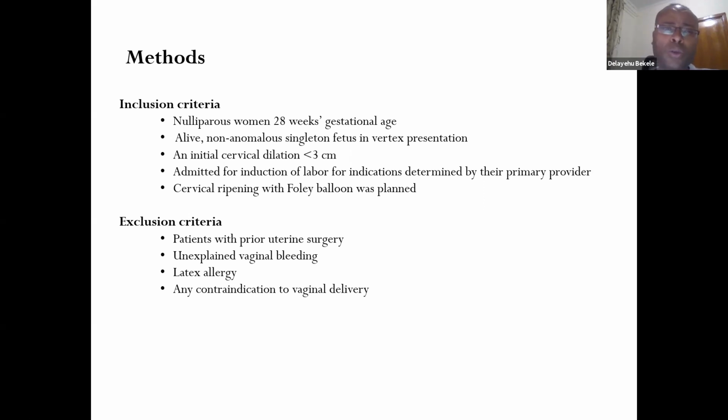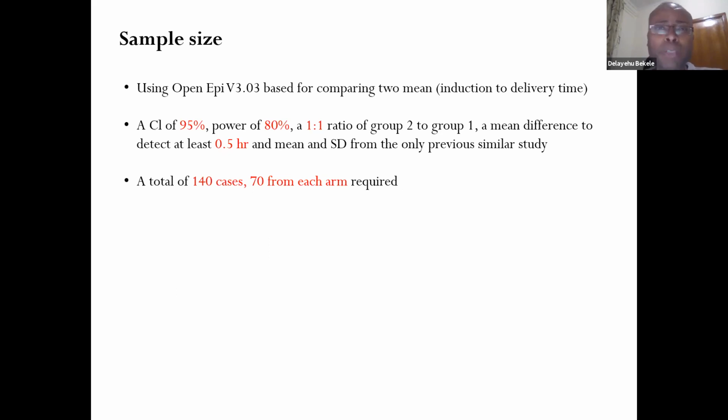Those who were excluded were patients with prior uterine surgery, unexplained vaginal bleeding, any latex allergy or any contraindication to vaginal delivery. A sample size of 140, 70 from each arm, was calculated, assuming a confidence interval of 95% and a power of 80%, with a 1-to-1 ratio to the two groups, and to detect at least a 0.5 hour mean difference in the induction